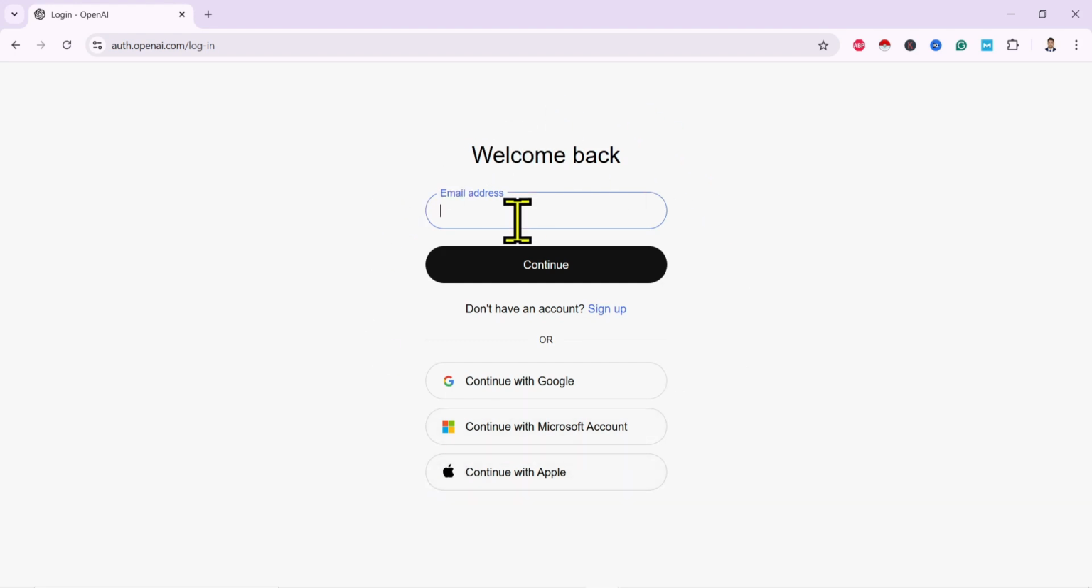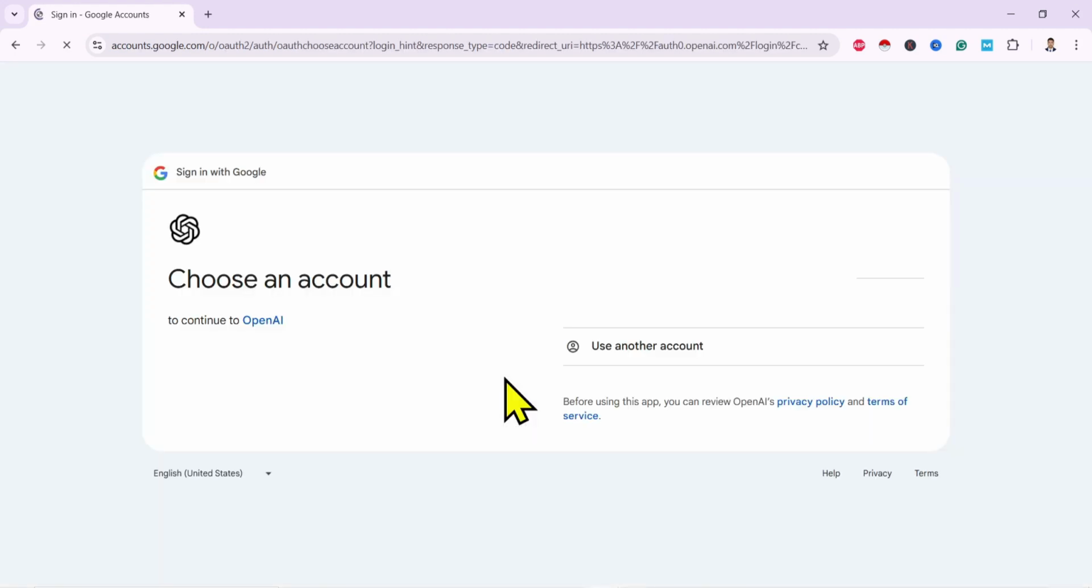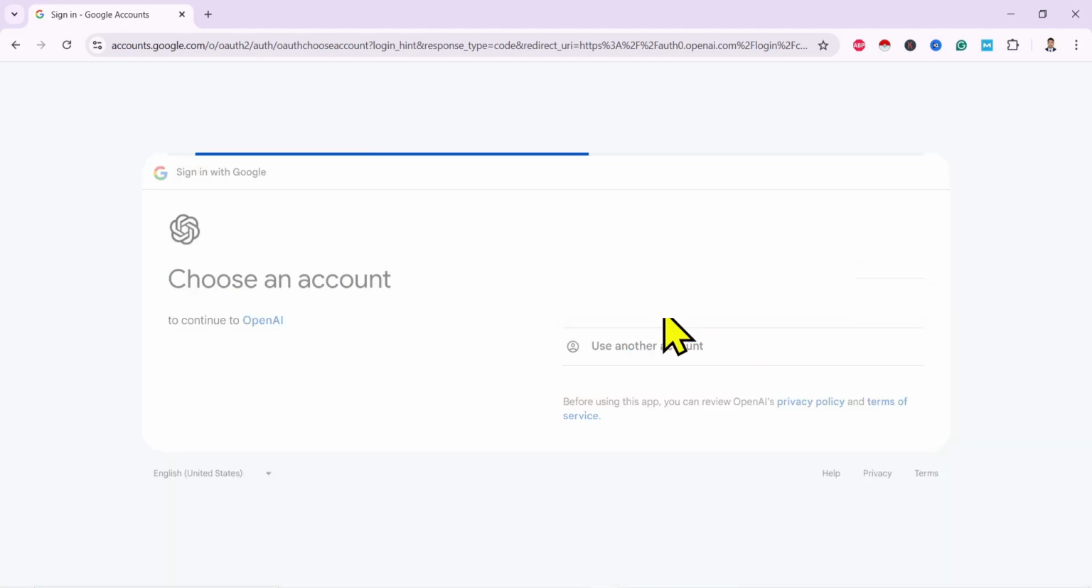You can go with your email address, Google account, Microsoft account or Apple account. Now I'll go with Google account. For that, I'll click on Continue with Google. And over here, we can select our Google account from which we want to log in. Now, I'll go with this one of mine. So in this way, we can log in on